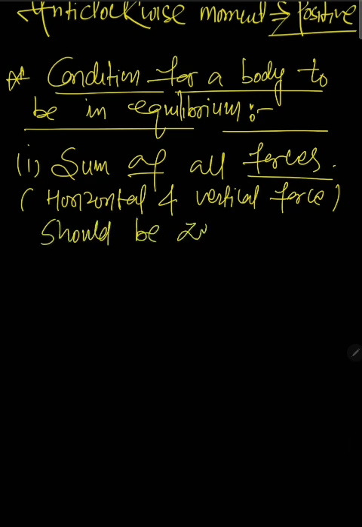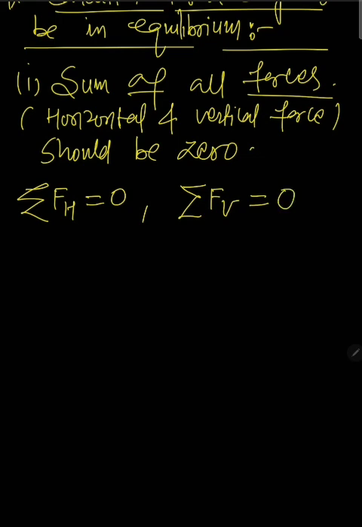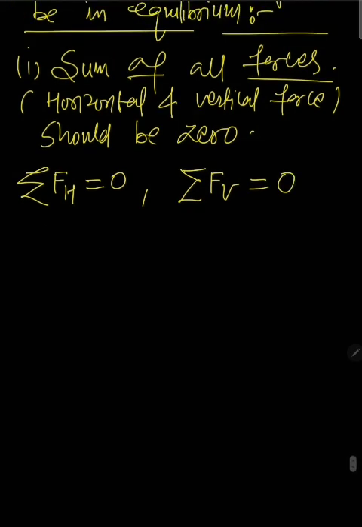should be 0, or we can write like that. Summation of FH, means horizontal force, is equal to 0. Then summation of FV, means vertical force, is equal to 0. Okay, so this one is the first condition. Like suppose there is one object. In this object, suppose